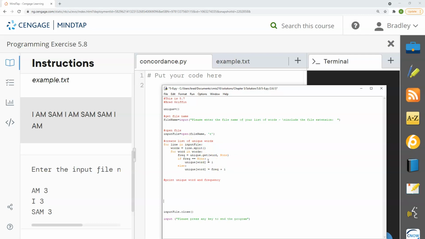So now we may need to do something a little different because we need to sort that. Okay, so we're going to show you something a little sneaky because there isn't really an easy sort on the dictionary ones directly. So we're going to actually do this. So we're going to say, I don't think I've used word. Well, I can because it doesn't matter. We're going to override it. Equals list unique dot keys. So we're going to create it just off of the keys. One more. And so now if I printed word,